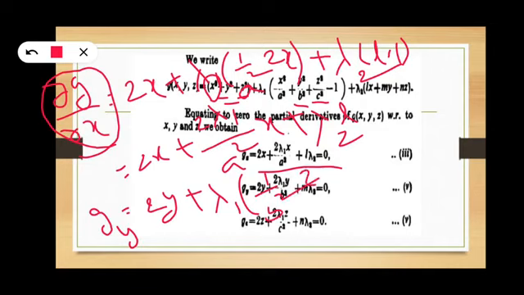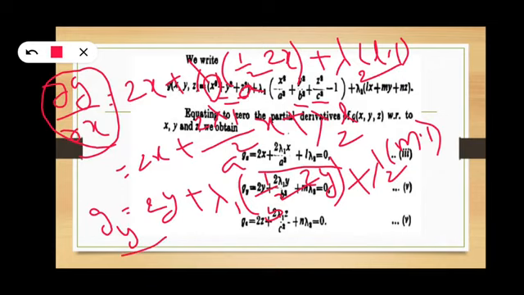Y square differentiation is 2y, and the remaining all will be 0. Why? Because z square by c square will be 0, minus 1 will be 0, plus lambda 2 into lx will be 0, and m differentiation is m into 1. Why? Because y differentiation is 1. So m into 1, and z will be 0. Why? Because here we differentiate with respect to y.